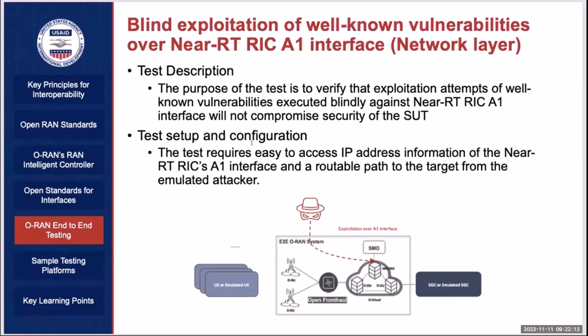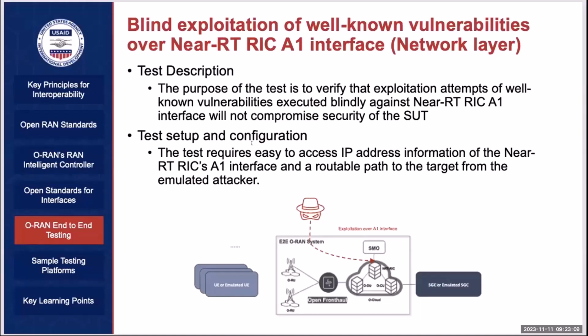So a sample here would be a description in that document on how and why we need to test exploitation of well-known vulnerabilities on the A1 interface, or by the network layer. Since these are API calls, is the SMO's IP address accessible or routable within a certain infrastructure? Let's say you're at the user equipment, could you actually see the A1 interface of the SMO or the near real-time RIC? Ideally you shouldn't, but maybe there's a missing firewall configuration and routing information, or not missing but extra. And if that's the case, or maybe that's not the case, it's